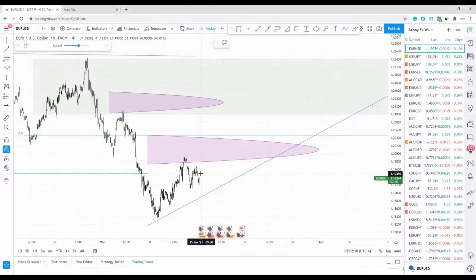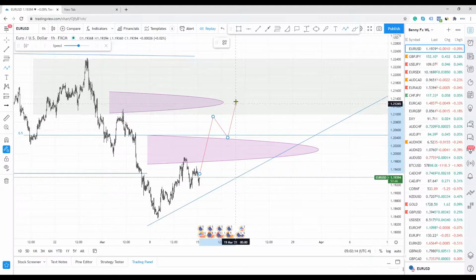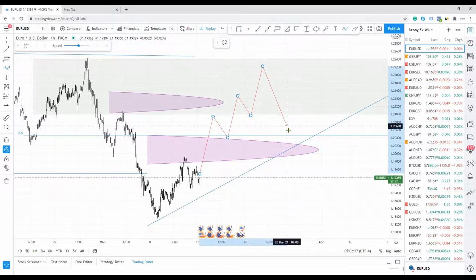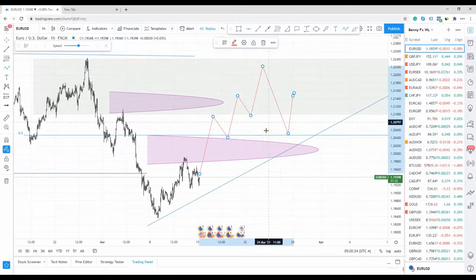The other entry is here. Can you see that? Can you see there's a shift in the market structure, a change of market behavior? This is a change of market behavior. So when the price pulls back,